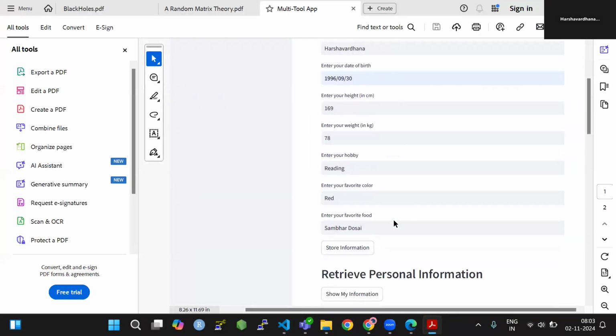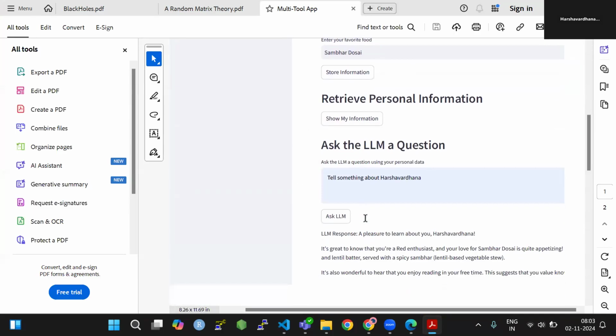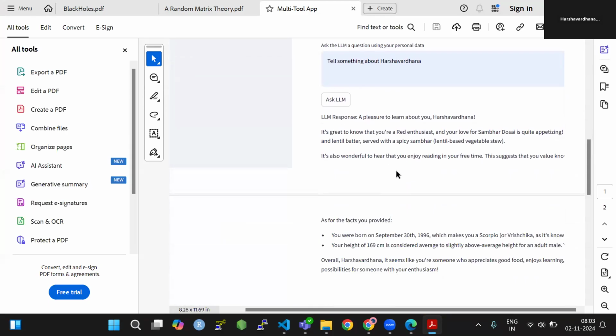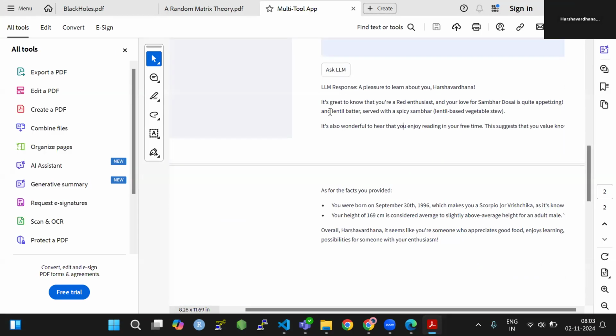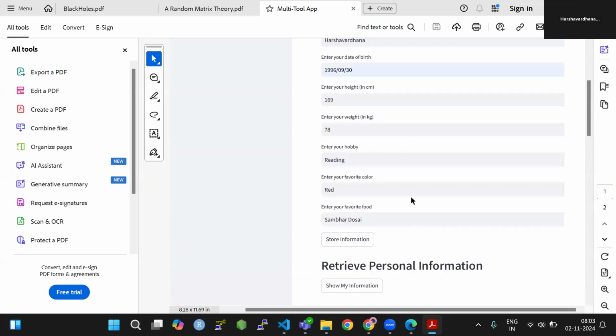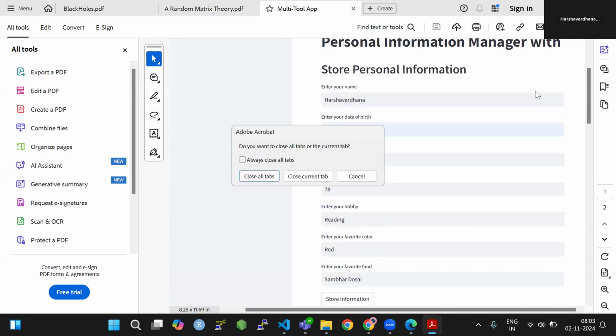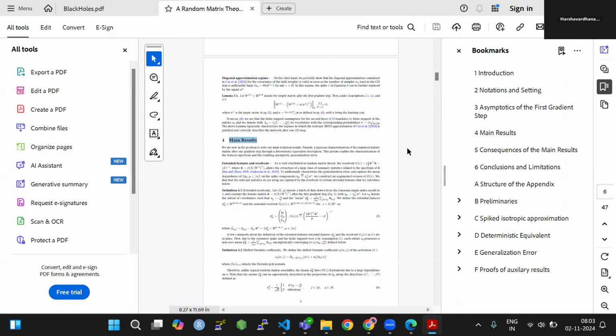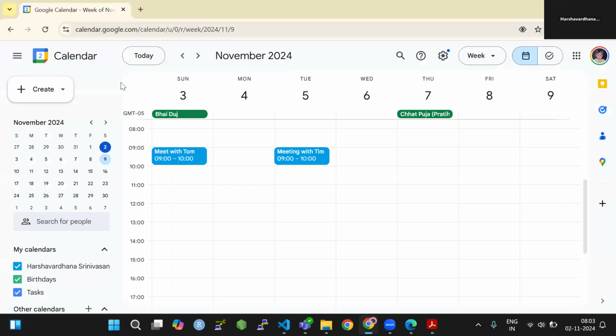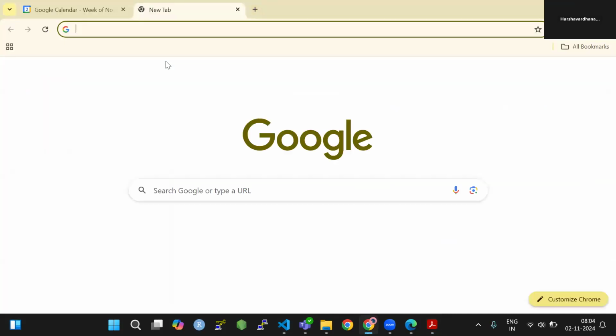These are certain pieces of information I fed into the system, and I just asked the system to summarize about me, and it did a great job. And also, it's able to identify that this particular dosa item is from South India. It's a very famous item. So it's also able to correctly identify the nuances of certain items which are present over here. So yes, this is the entire demo of the project,